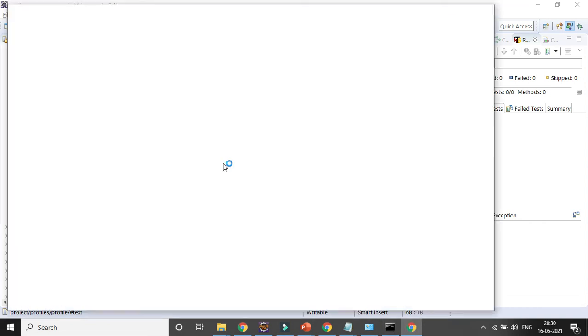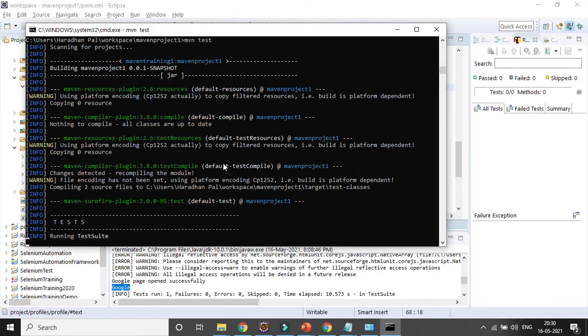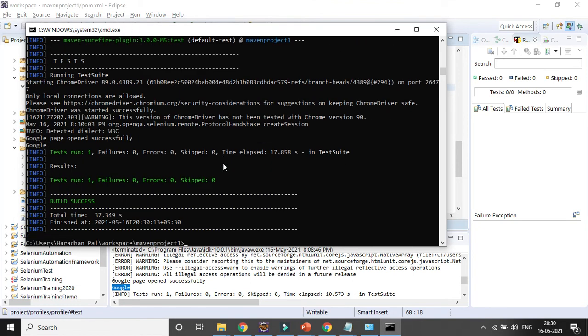You can see it is opening now, right, without any error. It is opening the Google page. And it will give you the result of the title of the Google page, right? You can see Google page opened successfully, title of the page Google one done or successful.